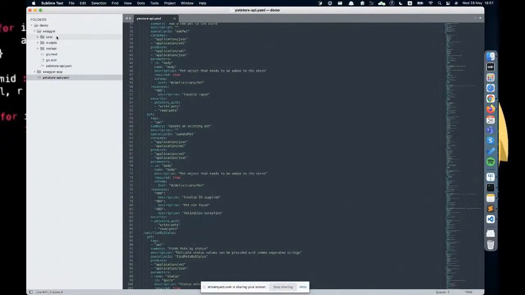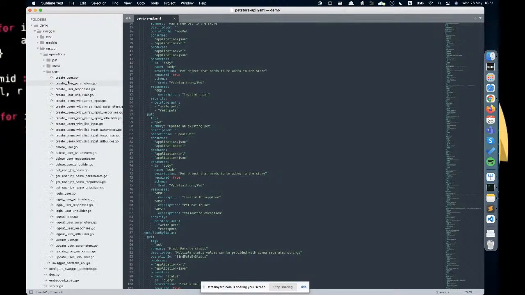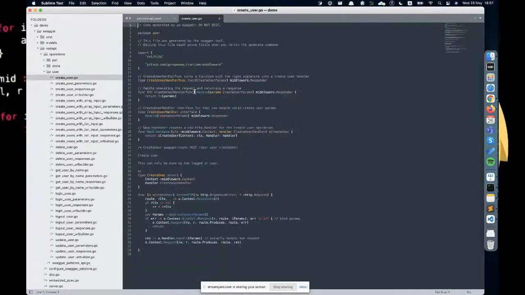Okay, so we have our Swagger folder, and you might see we have three folders right here out of the box. Let's go from bottom to top. This is a REST API. This is basically where we define our server. We define different operations on our entities, on our models, which are pet, store, and user. For example, if we go to user, we see there is a create user handler function, which defines a type for this one, and we describe how it will work with our HTTP server.